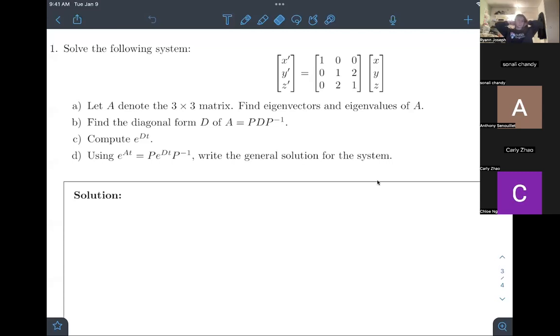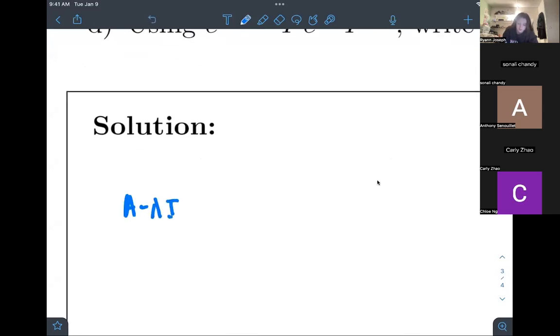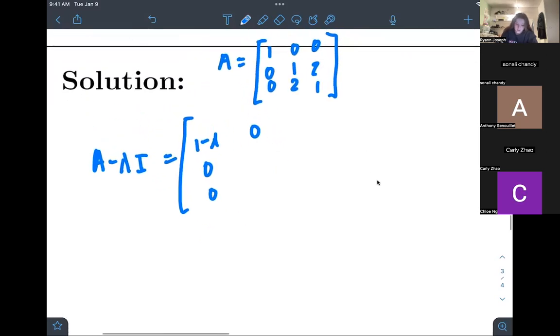Okay. This is our question that we were discussing. Let A denote the 3 by 3 matrix. Find the eigenvectors and eigenvalues of A. Pretty straightforward. A minus lambda I. A is 1, 0, 0, 0, 1, 2, 0, 2, 1. So given A, I'm just going to solve for its eigenvalues, which is what we've been doing this entire year,